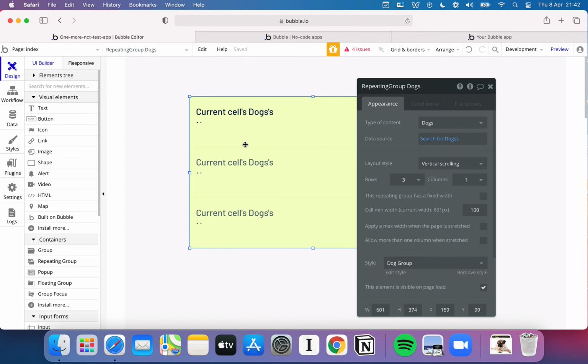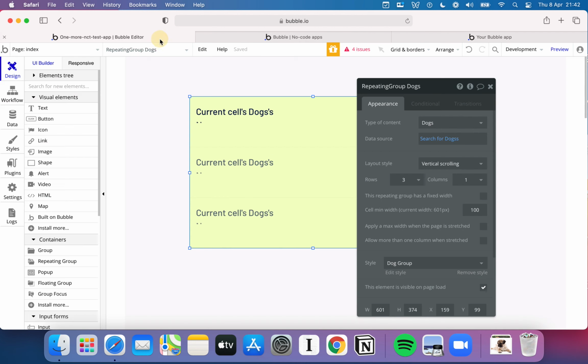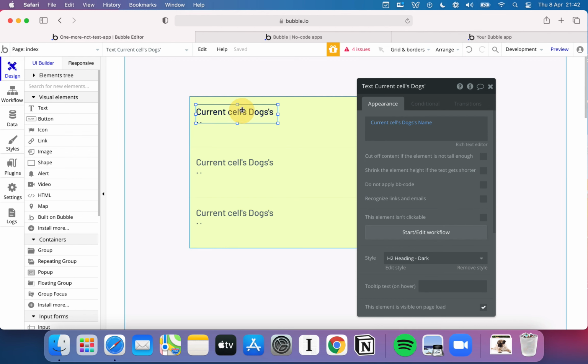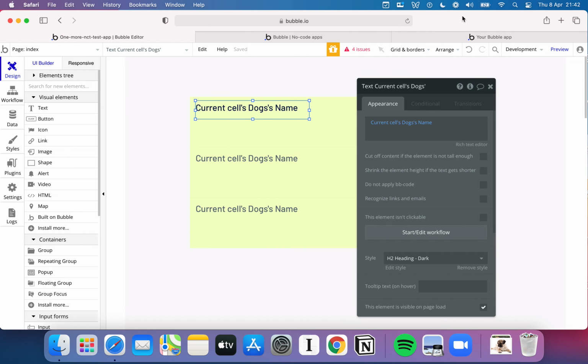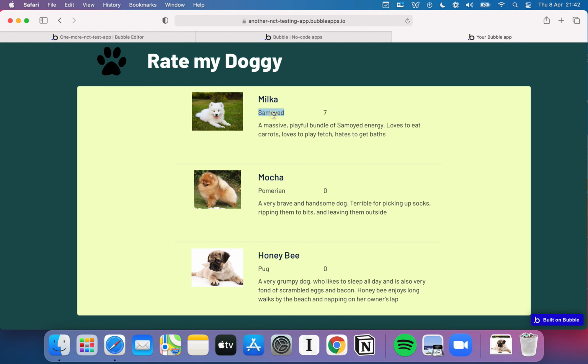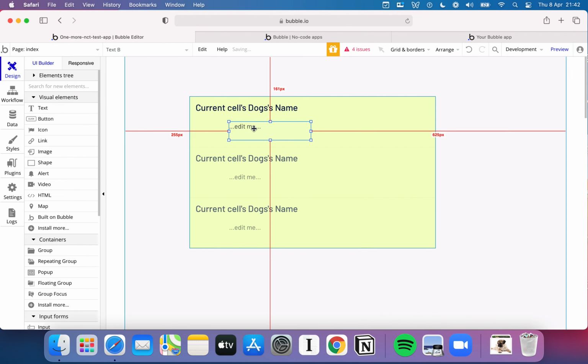If I pop back to the design now, there you go. We've got that colour. It's not quite right. I probably wrote it down wrong or something, but it looks more or less the way that we wanted it to. So we're going to add a few more elements in here. Clearly we've got the name. If I look back at what we're trying to build, we've also got the breed, the rating, and the description. And if I drag this text in here